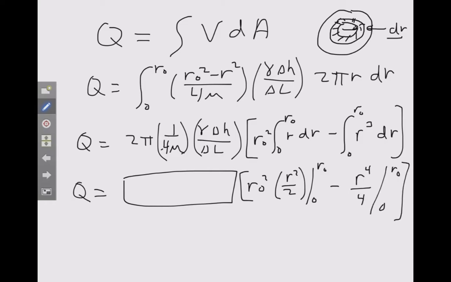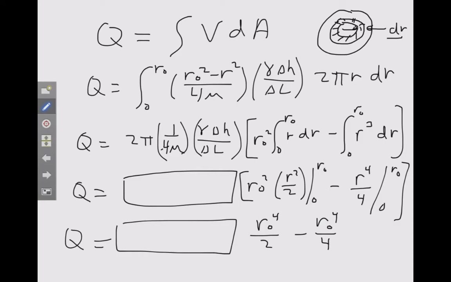And this thing then reduces to basically R0 to the 4th over 2 minus R0 to the 4th over 4. And again, we've got the constant out front that I'm not going to write down. And this is like this. So if I can just squeeze this in at the bottom,